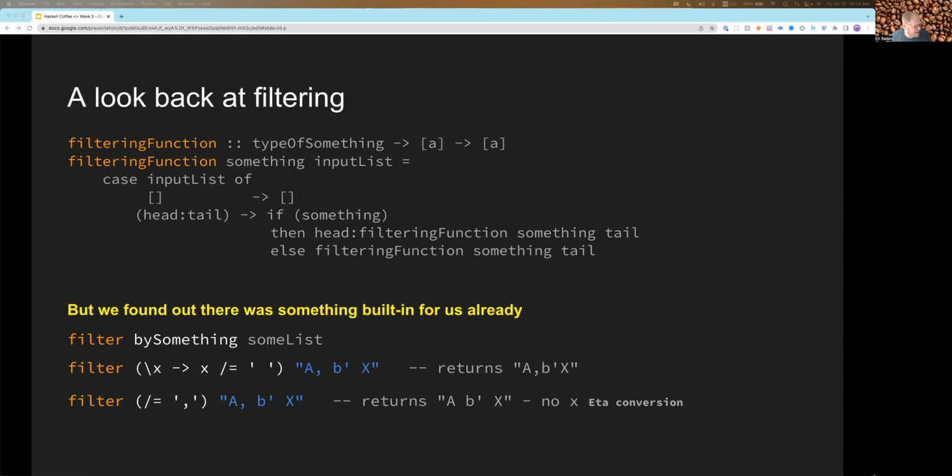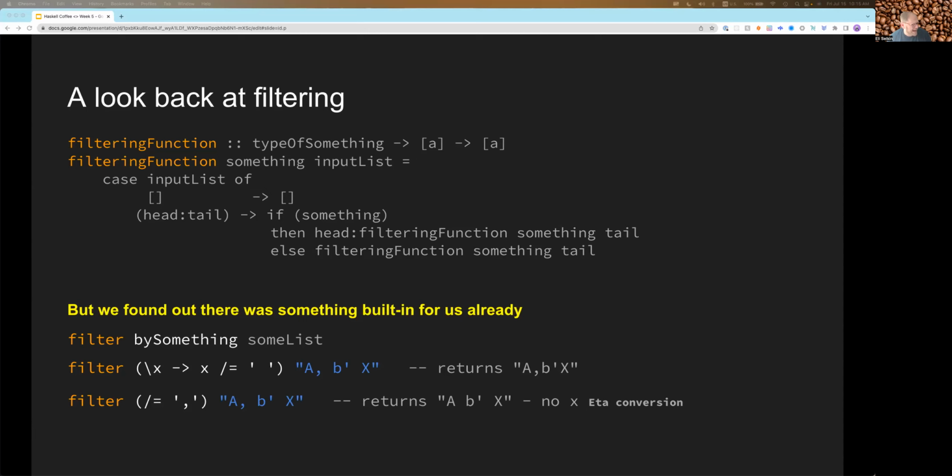And so if we know that there would be an argument to the function and that function would be checked not equal to comma, we can just ignore it. We can just leave out the X altogether. And that's something that's unique, you might say, to Haskell or to functional programming languages that have this eta conversion method, where you make these lambda functions, these nameless functions, right? That really are super simple, and